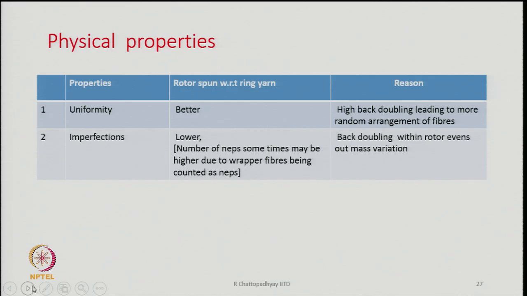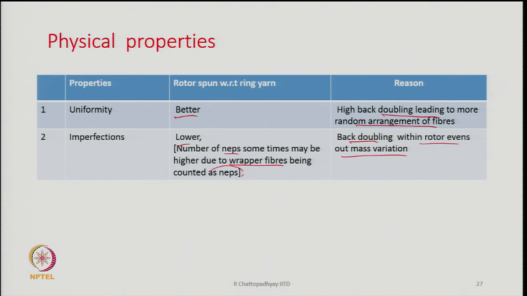Uniformity already discussed, that is, physically they have better uniformity because of high back doubling and random arrangement of fibers. Imperfection is generally lower because back doubling within the rotor evens out the mass variation. Therefore, thick-thin places are also much less, but sometimes you have to remember that the wrapper fibers sometimes get